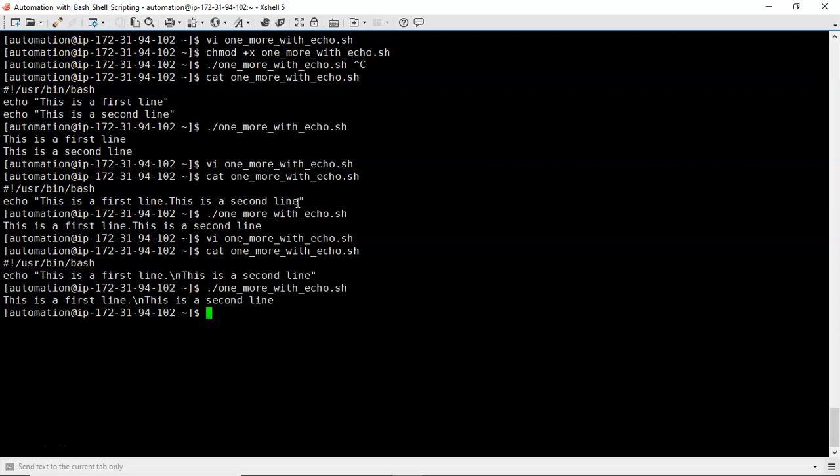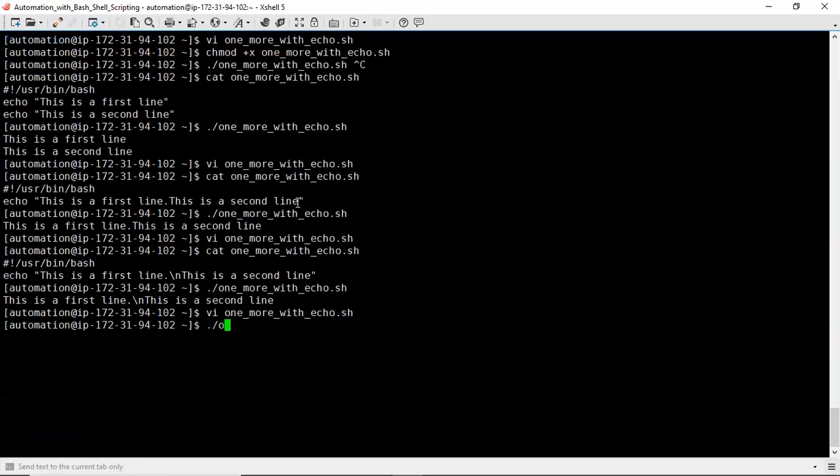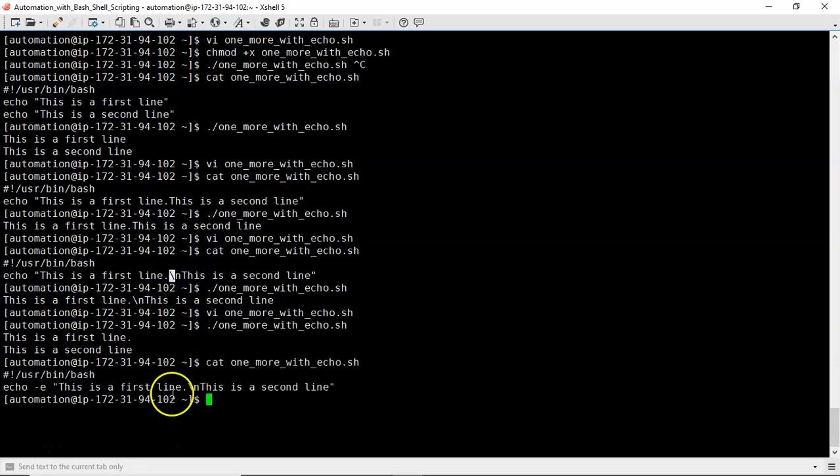If you want to execute \n, meaning if you want to send your cursor to the next line, then you have to use the -e option for your echo command. Execute your special characters and see the result now. Now you are getting your information in 2 lines, even though you are using only one echo command, because of \n. And we are executing that \n with the help of the -e option.